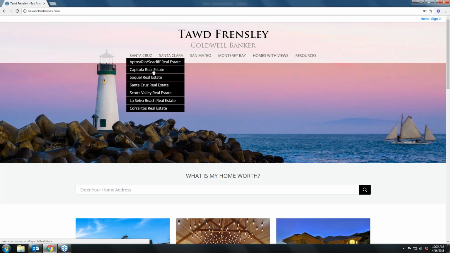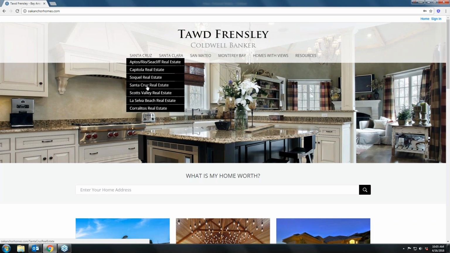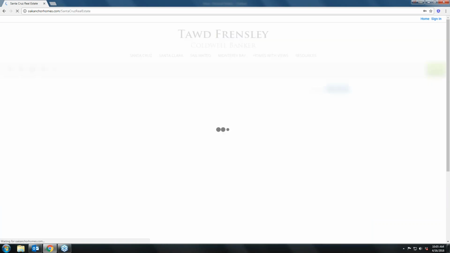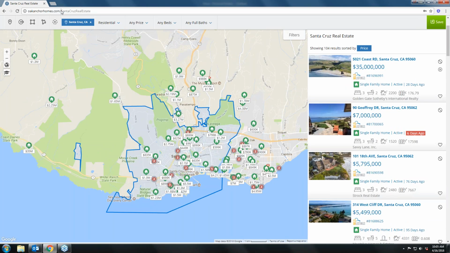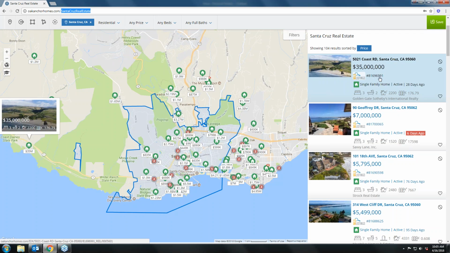So let's go to Santa Cruz. Everybody's heard of Santa Cruz. This is a URL, right here: Santa Cruz real estate. When I created this page, I created a page for all of the homes in Santa Cruz, California, all of the single family homes. Now,